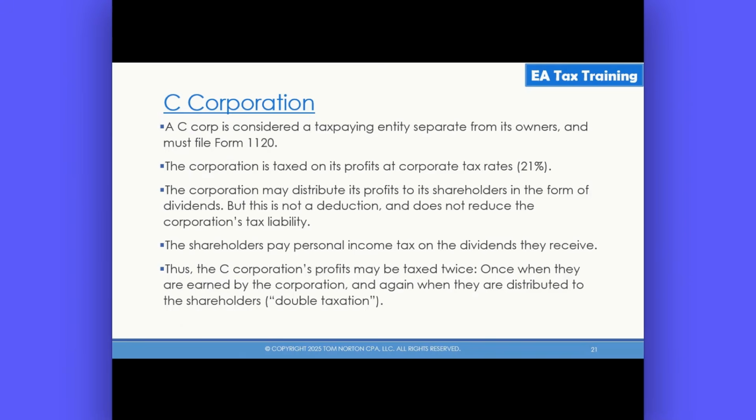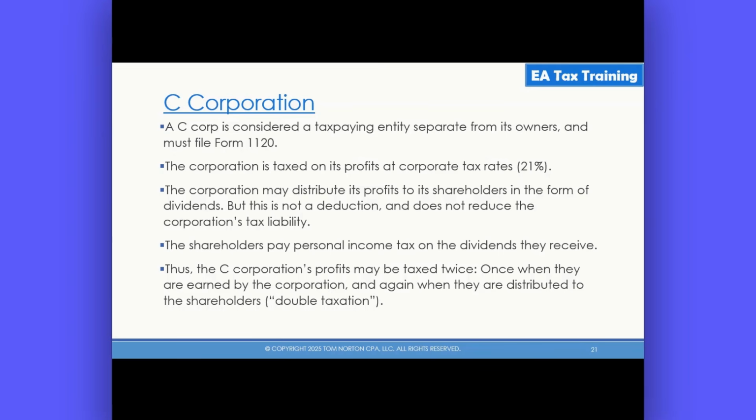A C corporation is considered a separate tax-paying entity from its owners, and they must file this Form 1120. That is the C corporation income tax return. So just like they are a separate artificial person under state law, if they are a C corporation, they are a separate taxpayer under the tax law. So that means the corporation itself is going to be taxed on its profits, and they are taxed at a